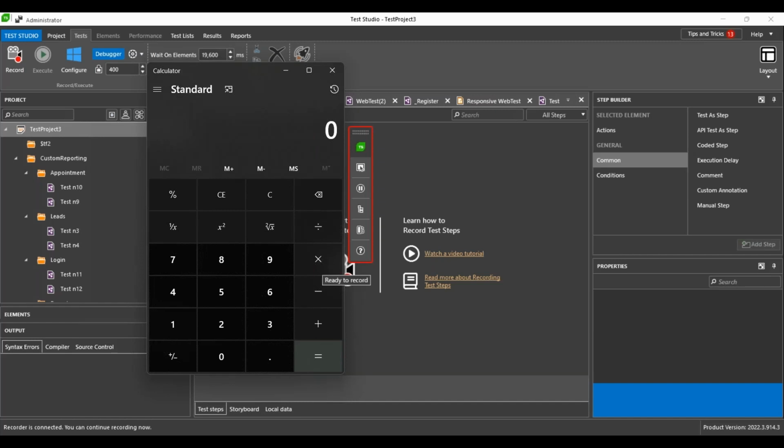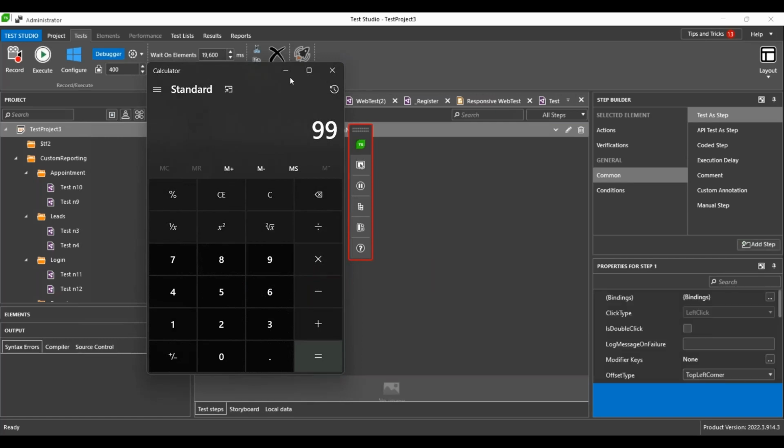It means that after the visual recorder fires up, some of you would be eager to start clicking some buttons and see what's going to happen. However, I would advise you to wait a second until you see those visual ready to record options that Test Studio brings to you,